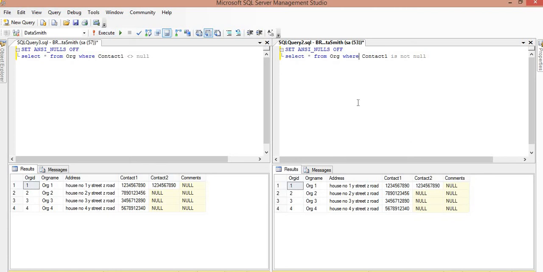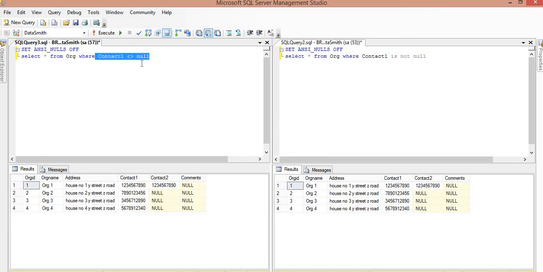Did you see what happened here? Okay, let me explain. Here null is a literal value which we are trying to compare with the contact column of table org. How ANSI nulls work is, if one of the operands of the comparison is either a variable that is null or a literal null, it will affect the result, and it will give the result unknown. When this column is compared with null, it will give a result unknown.